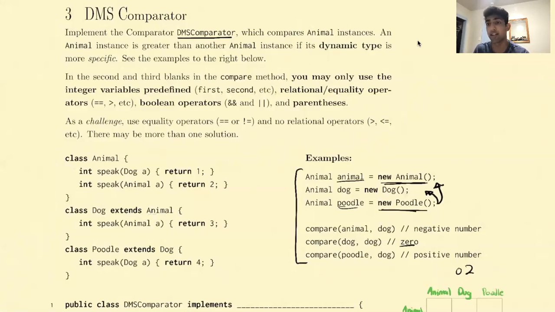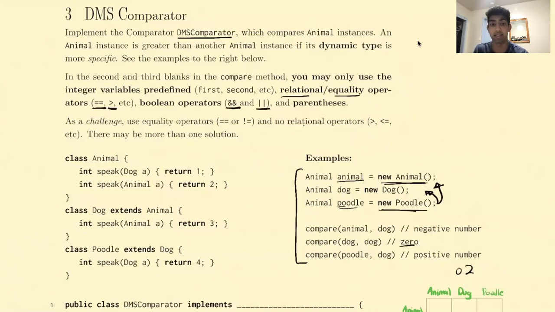If you guys recall from lecture, there are ways of accessing the dynamic type of a given object. But for this question, we're going to restrict ourselves, very important here, to using the integer variables predefined, which are first, second, fourth, and third. I don't know why I went in that order. And then we can only use relational or equality operators, which include equals equals, greater than, etc., Boolean operators, and